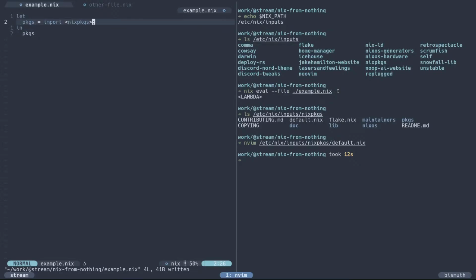Okay, so we need to call that function, and Nix packages is expected to be called with an attribute set. This lets you provide some configuration settings for the actual library and packages and stuff. We're going to give it an empty attribute set saying, you know what, just set yourself up. Use the defaults, it's cool. And if we evaluate this,